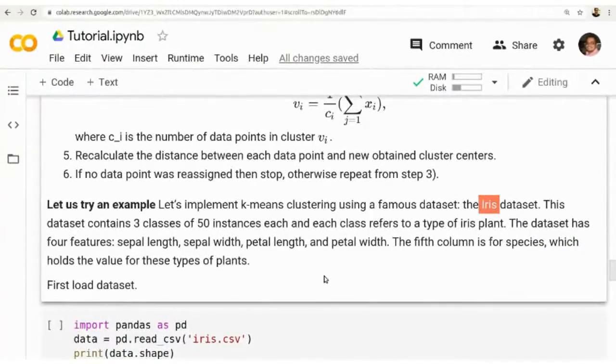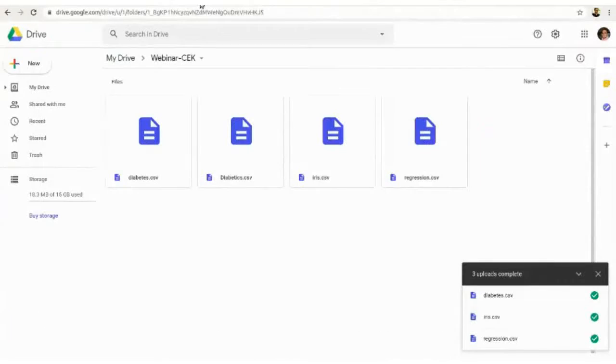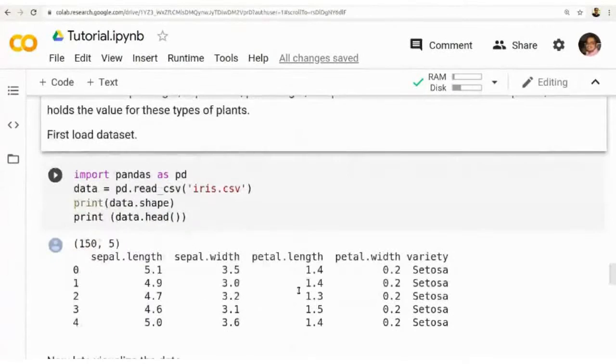This dataset is freely available on most platforms. You can easily use the iris.csv file. If it is not available, it is already in the shared data set. Now, this is the data.